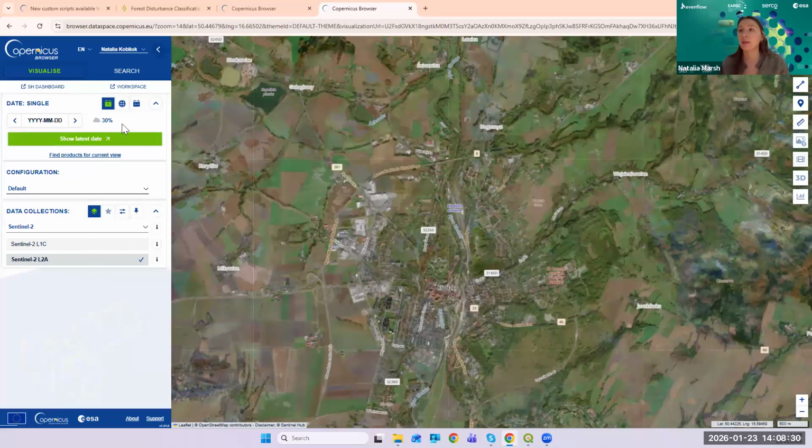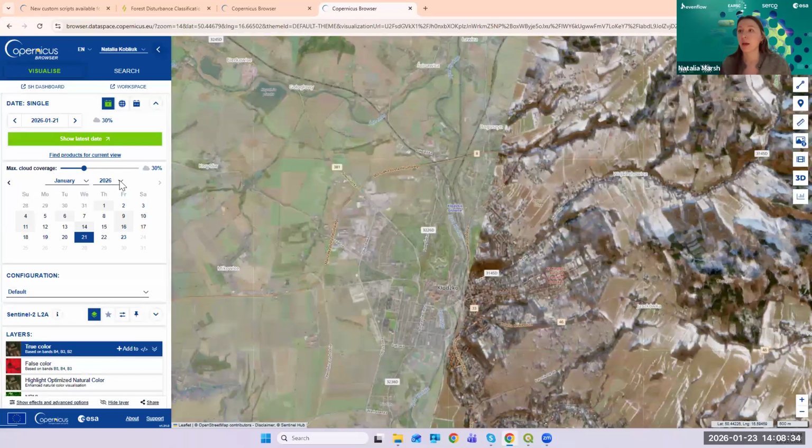And now we need to find the specific date, yeah? And as we mentioned, it was in 2024. So we just need to use this panel to find it. It was in September, and it was happening somewhere around September 15. So, as you will see here, it shows for which dates images are available. So it would be 6, 8, 18th, and so on. And depending on